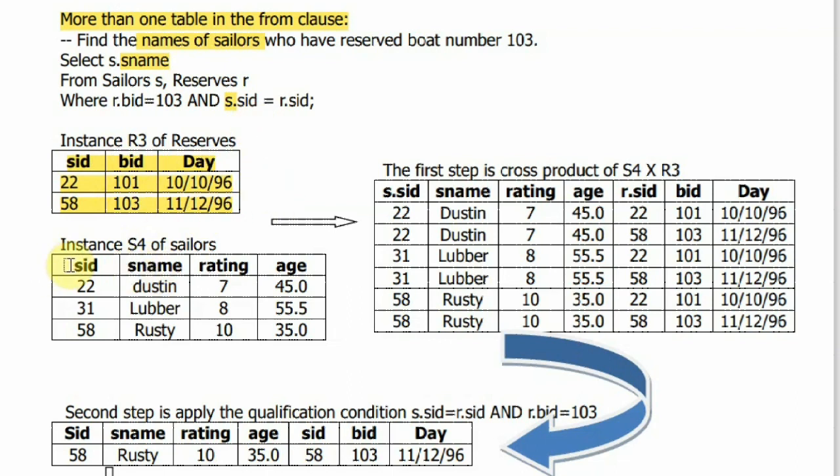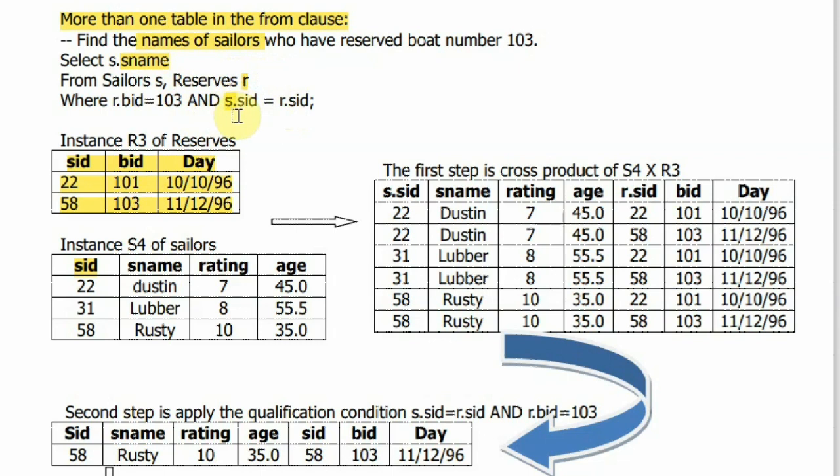And next is the sailors table. In the sailors table also I am having an SID. Now if I write a query that SID is equal to SID, your execution engine will get confused about which SID I am talking about, and it will throw me an error. So to specifically say that SID of the sailors is matching with the SID of the reserves, I have given a range variable here which will identify the table.